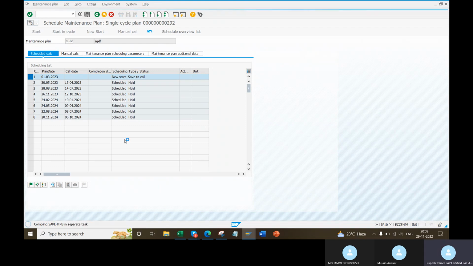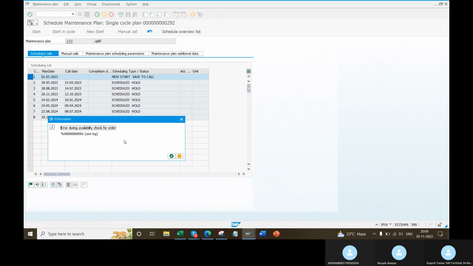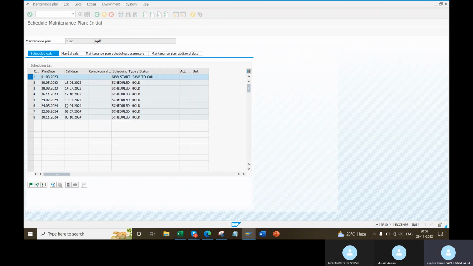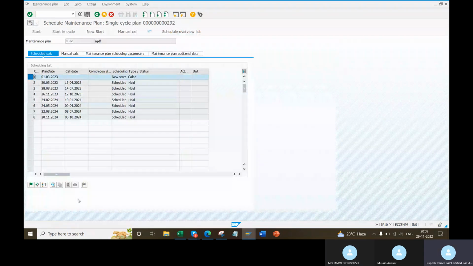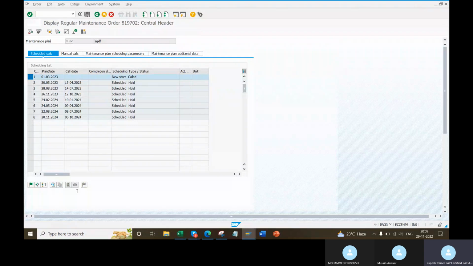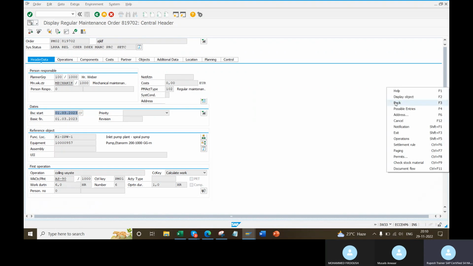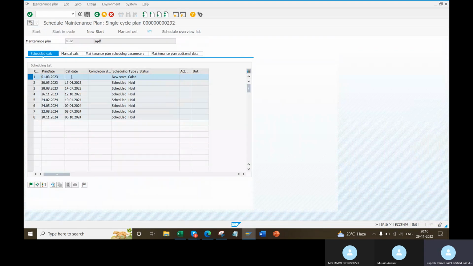Always it is running, man. What is this? Okay, man. 1-3, right? Open the order. Select the line, go and open the order. This button, display call object. This button. See, 1-3 is your work start date. Work order, work start date. Is your work you are starting on this date, right? Yes, yes. That is what your plan date is. And call date is the date on which your order is getting generated. Order or notification, irrespective of anything.